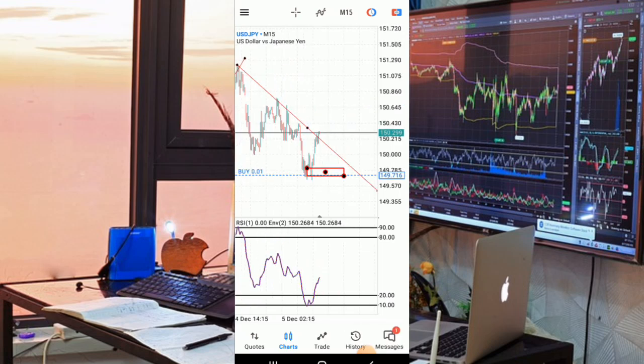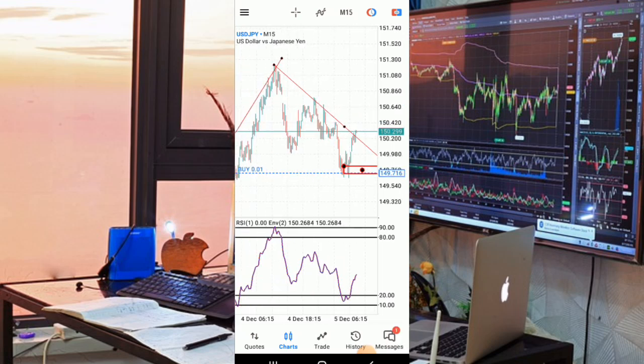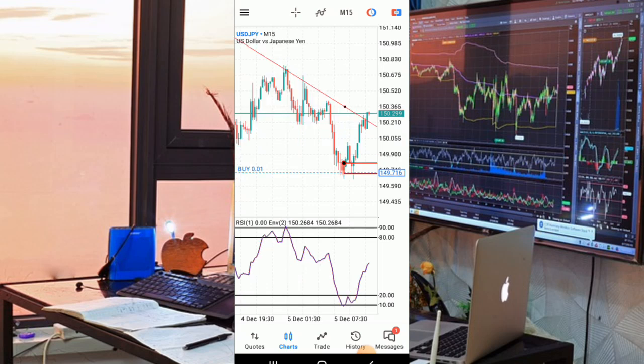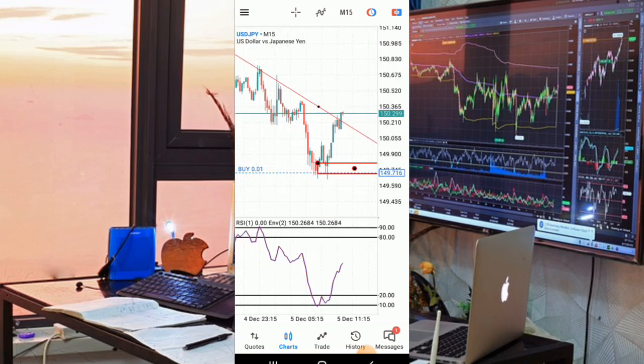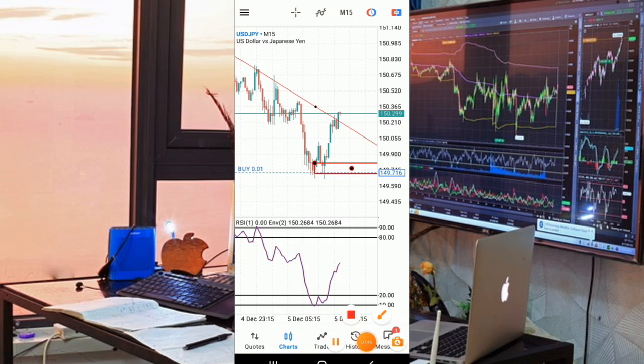Right now I want to show you guys this. This is what price normally does. As you can see, price has been coming down, right? So you can see that price has been moving downwards. Now what I want us to focus on is this point over here, where price began to change course and is taking an upward movement. The reason I'm saying it's taking an upward movement is because of this